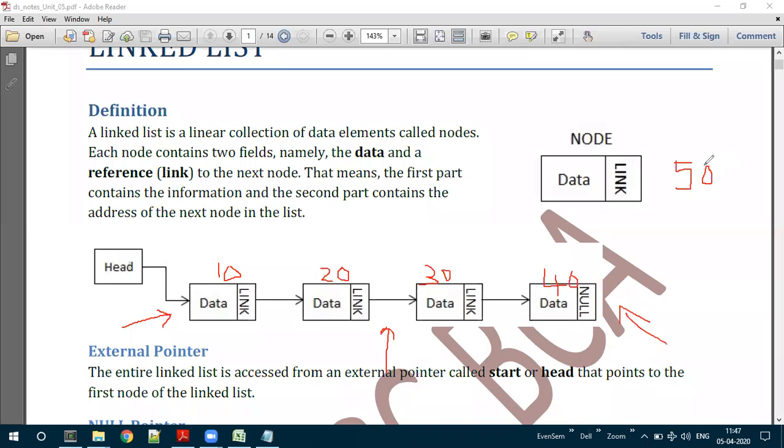The insertion operation can be performed in 3 different approaches or methods. The new node can be inserted at the first position, or anywhere in the middle. Anywhere in the middle in the sense, if I want to insert after 20, I can do it, or if I want to insert before 20, I can do it. The third method is I can insert at the end, at the last of the list. In these three different methods, I can insert the elements. That is the insertion operation. Understood?